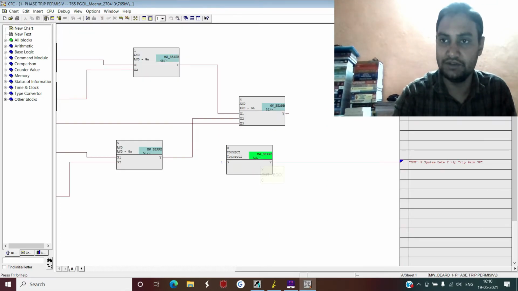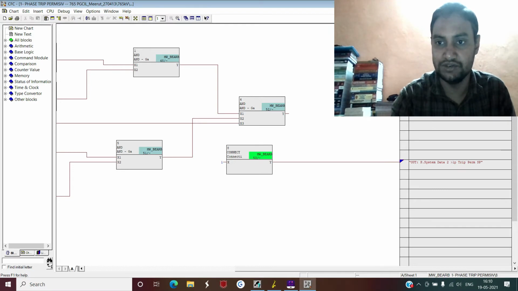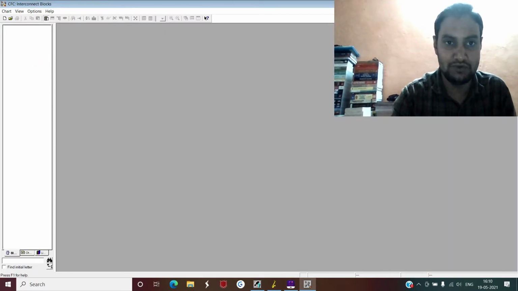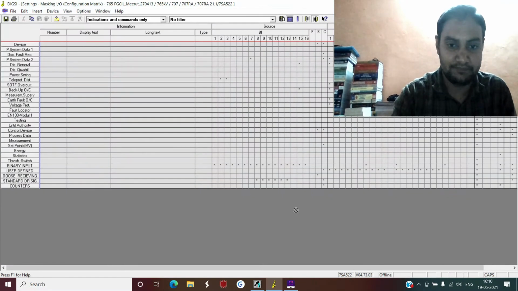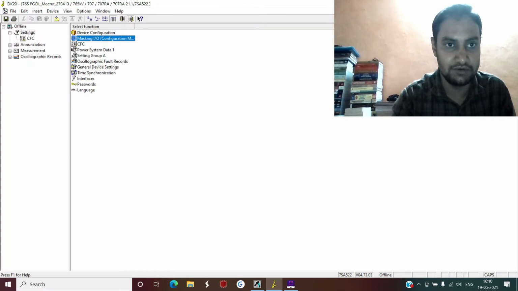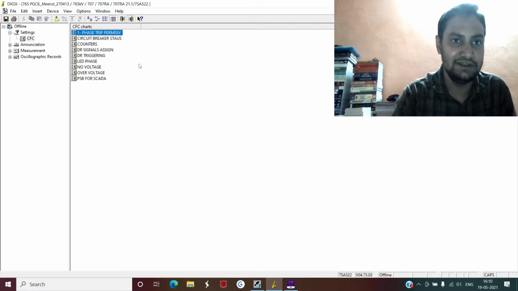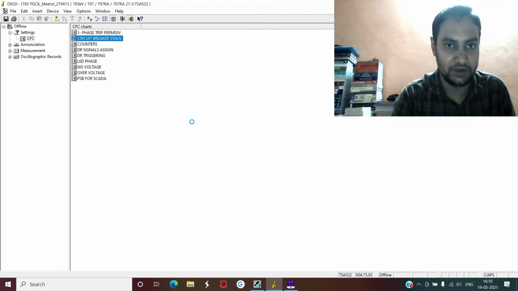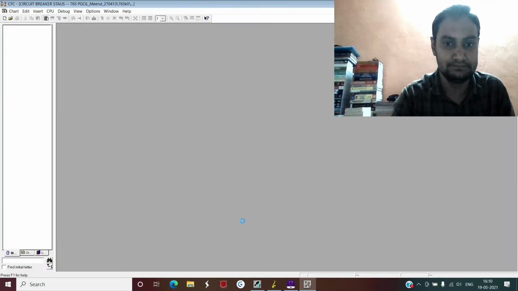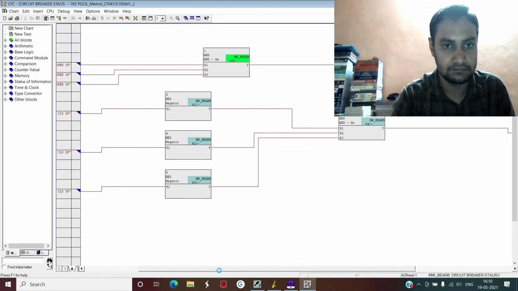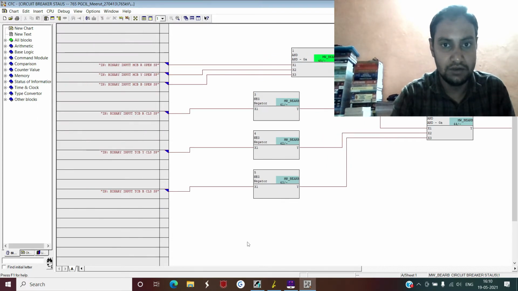Now next thing, this was the very simplest of the logic. So now if you move from here, before discussing the new logic, I will discuss one of the logics already created inside this relay for better understanding only. Now this logic is already created inside the relay.